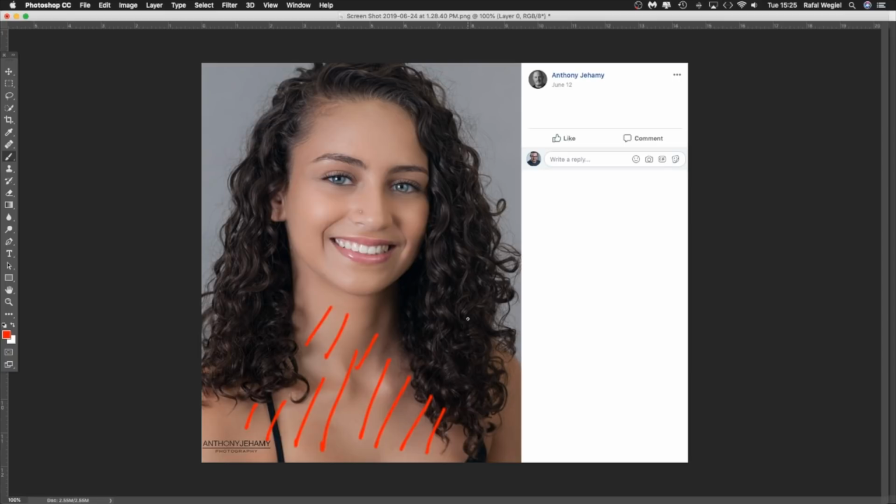And I know photographers want the skin to look really, really smooth and nice, but sometimes we have to be very careful, because when we overdo it, the image is literally destroyed. And that's what happened, I think, in this case. You have a beautiful girl, a beautiful smile, beautiful lighting, and the retouching just literally destroyed the beauty of this image. This whole thing turns into one plastic thing here,